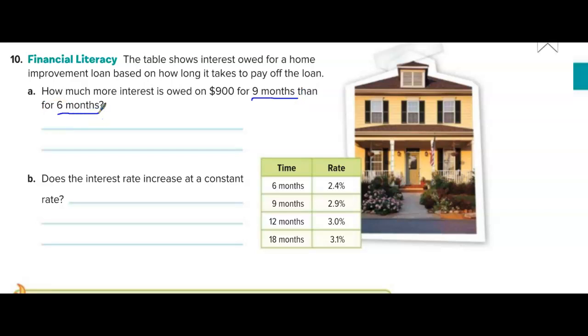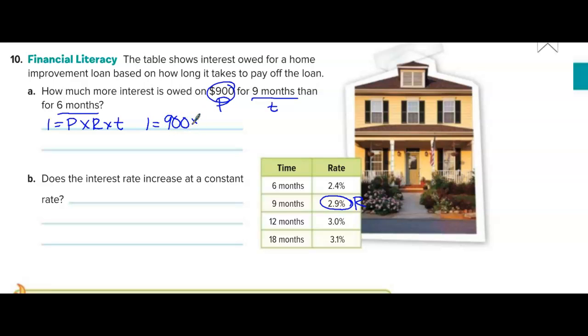So we're using our equation I equals P times R times time. Our principal is this 900. Our 9 months is our first time. And then if we look at our table down here where it says 9 months, we have an interest rate of 2.9%. So that is our rate. So we don't know the interest, but the principal is 900